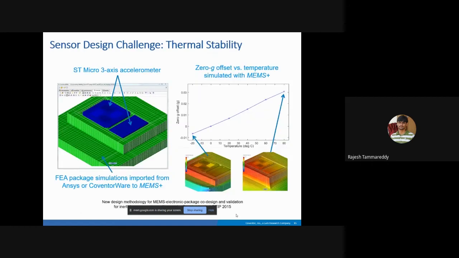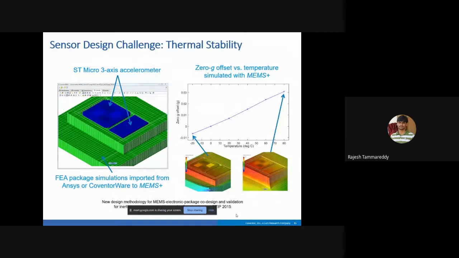Okay, next. This is one more good example for running package simulations. Package also plays a major role in the MEMS area, because each device is different and each device application is different. So you need specific custom packages for these MEMS sensors. Generally, these operate in different applications in harsh environments, right? So suppose there is a package which is placed near a high temperature area or application place. So what happens because of that high temperature?